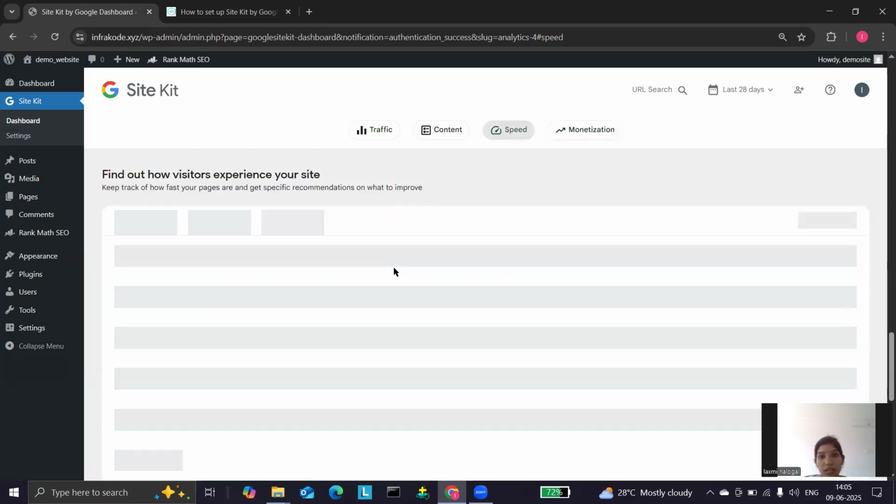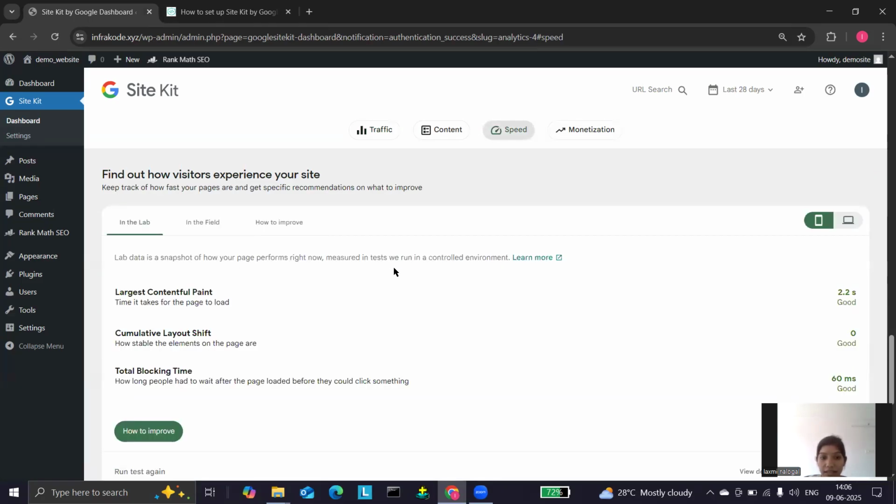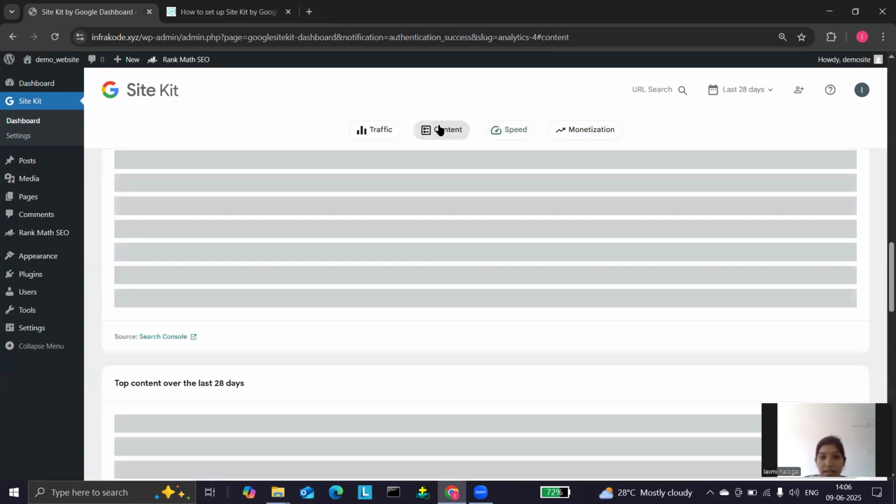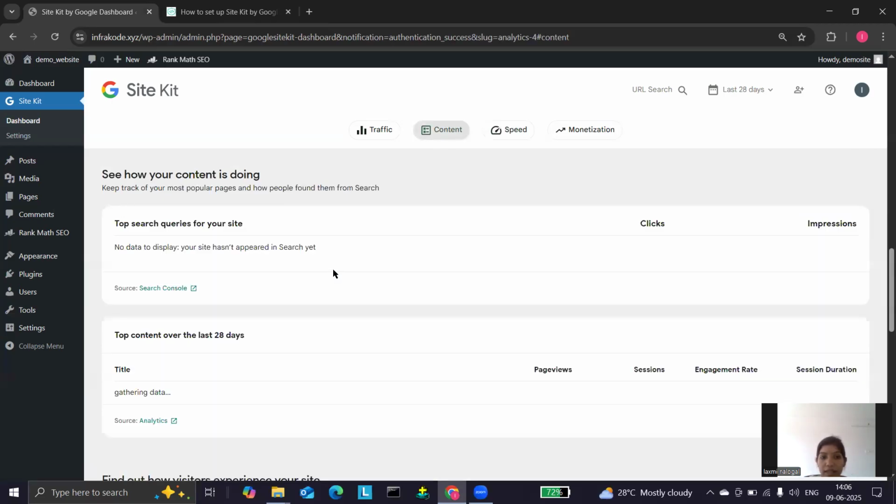It will show the speed of your website, how quickly your site opens, and how many clicks are on your posts or blogs in your site. So this will show all the speed related to the content inside your website. Here this is the content. In content, all related posts or content are displayed here.